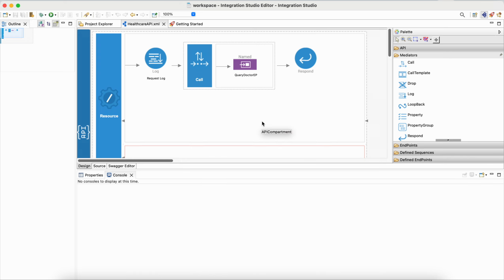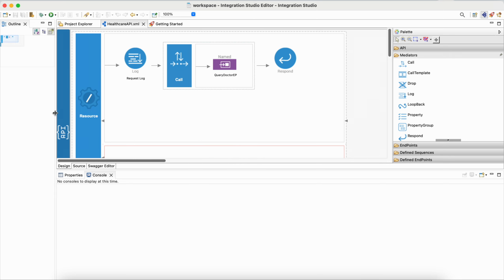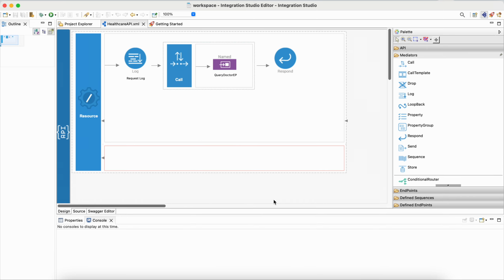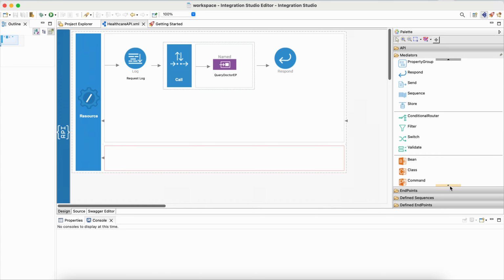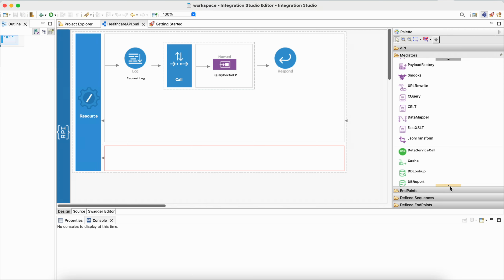If you look at the integration development, as I said, it's a low code experience. This will be your design surface. You will be able to drag and drop any mediators from this mediator palette. You will be given a set of mediators, and depending on your requirement, you can pick and choose whatever mediators you want. You can just drag and drop